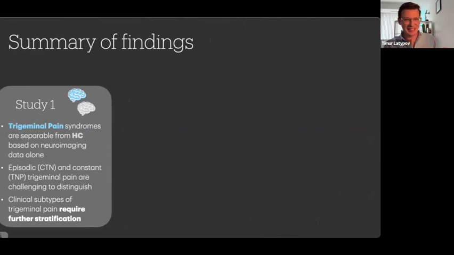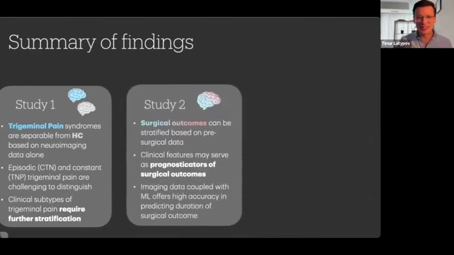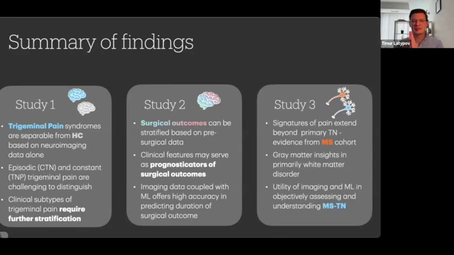So just to summarize what we quickly went through, in the first study, we confirmed that brain imaging as a sole modality can be sufficient to delineate chronic facial pain. And then we identified pre-surgical clinical and imaging features that can help to forecast the surgical outcome with a very high accuracy for trigeminal neuralgia patients. And finally, we highlighted the gray matter signatures of MSTN, showing the interplay between trigeminal pain and MS, a central nervous system disorder. And on top of that, this work also confirmed that many of the signatures of pain that we previously found are in fact very generalizable and extend beyond classical TN as a neurological condition. So what can we really take from these studies?